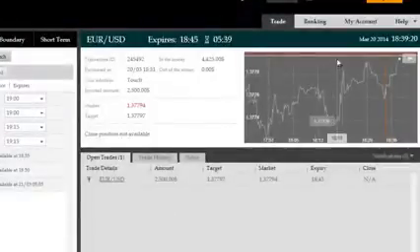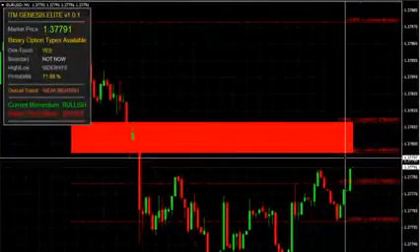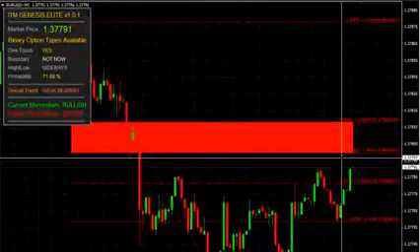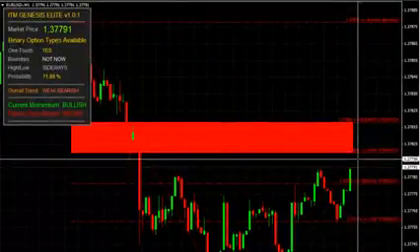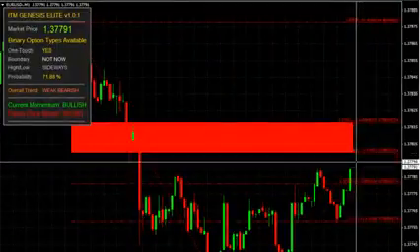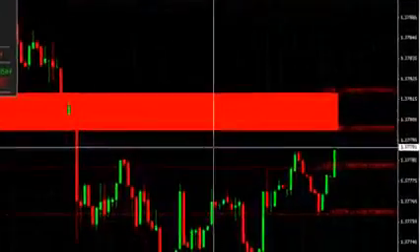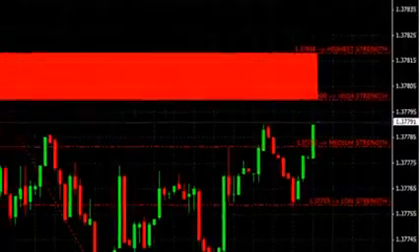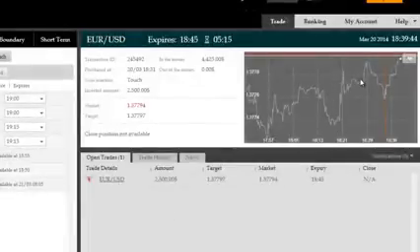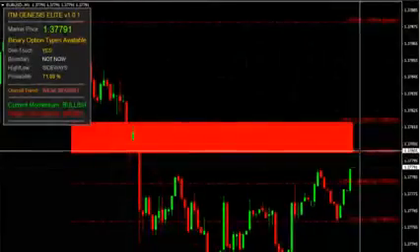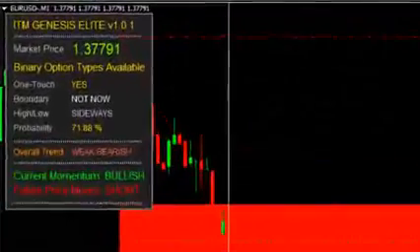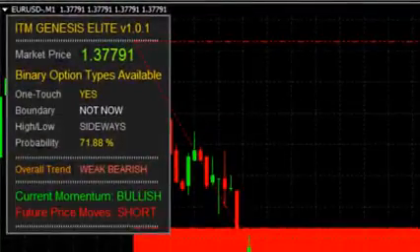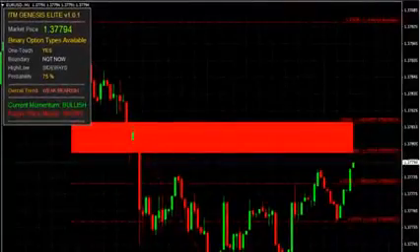And there's a one-touch option in the context of the trend also appearing that we can take, but we're going to restrict our session here to 2 trades if this expires in the money, which it is very likely going to, since it's going towards the lower boundary of the reversal zone. That is the highest probability reversal zone that can be made available during a trading session within ITM Genesis Elite. Price, as you can see, is accelerating towards it very sharply, and we're probably going to see an outcome here expiring within the money, obviously, since we have so much time left to us. And Genesis Elite is also pointing out yet another one-touch option with a 71.88% probability, but that option can only be taken once you've gone